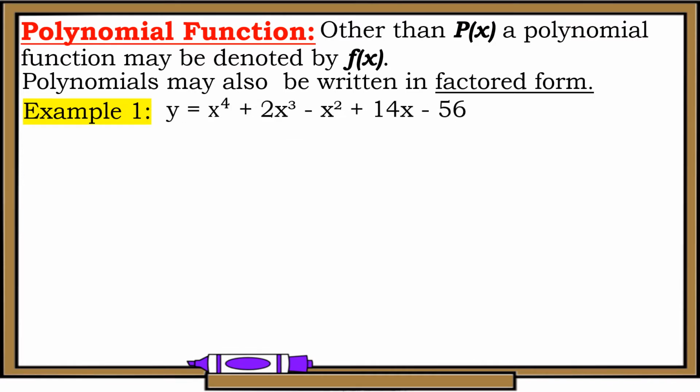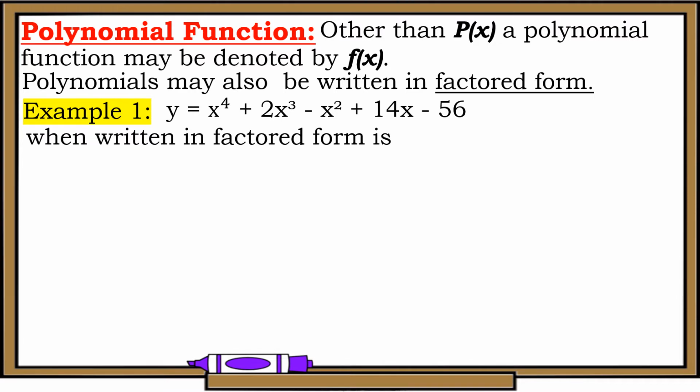For example, given y is equals to x to the fourth plus 2x cubed minus x squared plus 14x minus 56. When written in factored form, marunong na kayong mag-factor ng polynomial sa previous lesson natin. Tinuruan ko kayo how to factor higher degree polynomial. So, in factored form, this is written as y is equals to x squared plus 7 times x minus 2